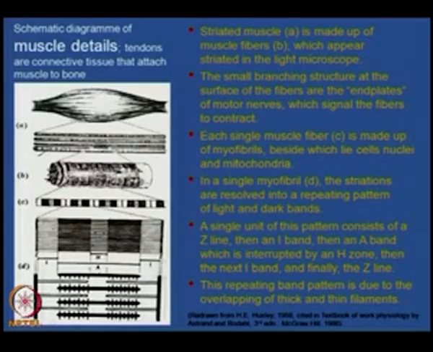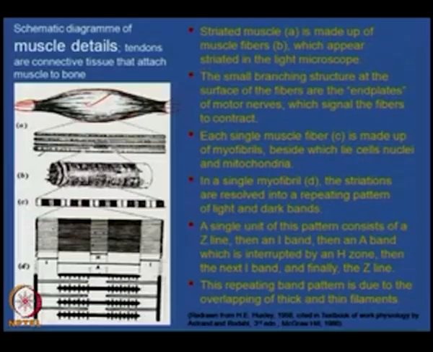This is the total muscle, this end portion, a non-elastic element, is the tendon, and this is the muscle group, and muscle has many fibers. Now, the striated muscle A is made up of muscle fibers B, means with many muscle fibers, a combination of this is the main muscle,